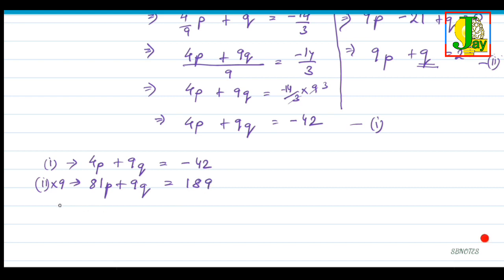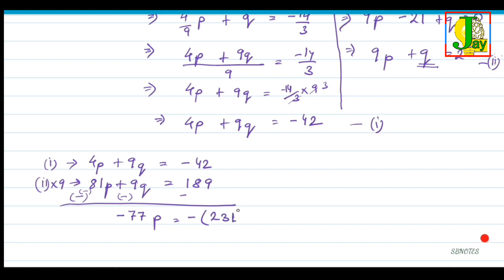So we get 189. Now both these terms are equal and they have the same sign, so we have to subtract. This becomes minus 81p, this becomes minus 9q, this is again minus. So now 4p minus 81p, we get minus 77p equals, so both are negative, we're going to add, so we get 189 plus 42 to